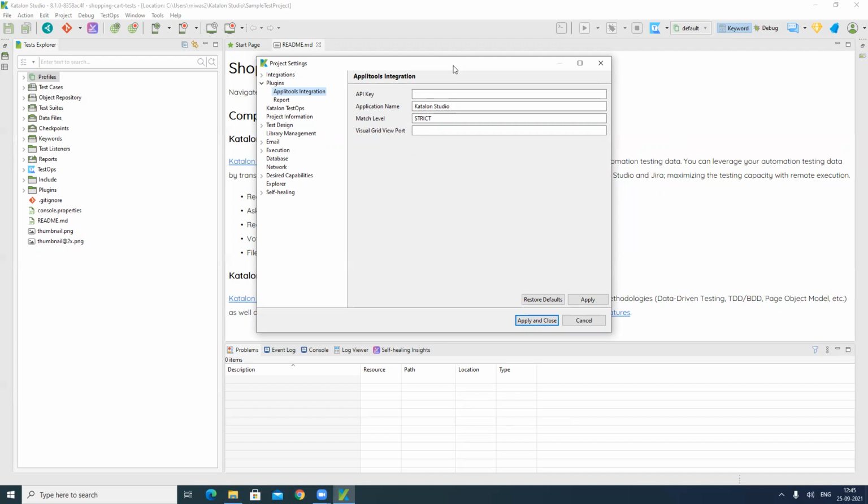That kind of testing is known as visual testing, and you can perform visual testing with the help of Applitools. So you can integrate your Katalon with Applitools as well. We will just click on cancel. We are not going to integrate that now. For that, we will create another video.